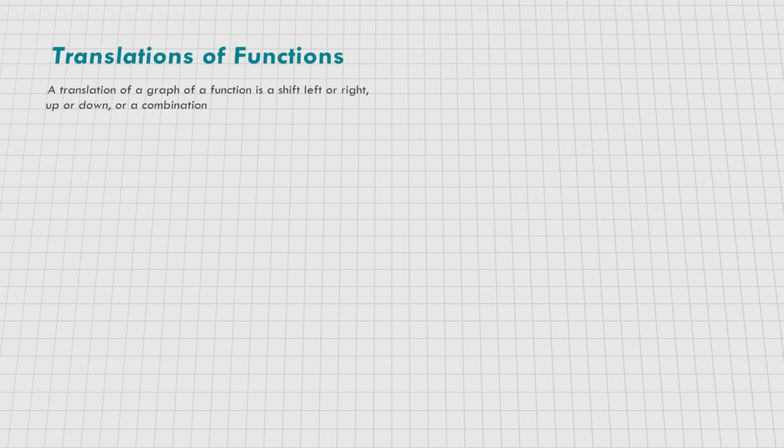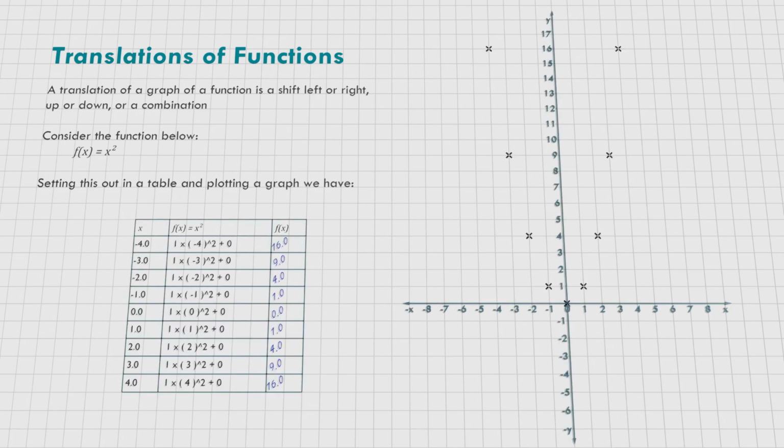A translation of a graph of a function is a shift left or right, up or down, or a combination. Consider the function below, f(x) equals x squared. Setting this out on the table and plotting a graph, we have